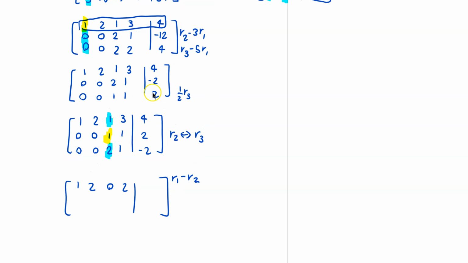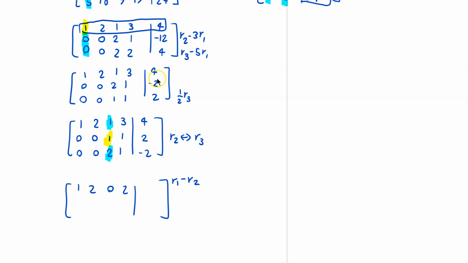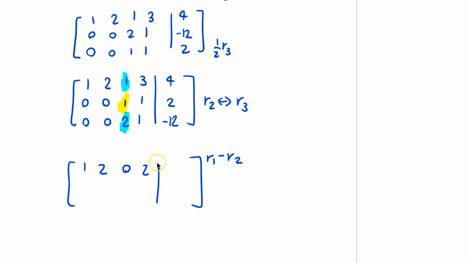Wait a minute. I think I miswrote something. This should be, let me see, negative 12, by the way. So this guy should be negative 12. And this guy should be negative 12. Okay. Alright. So now if I subtract row 2 from row 1, I get 3